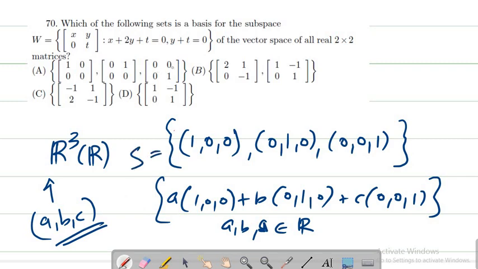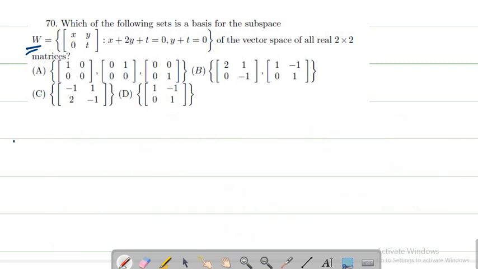So here we have a question in which we are given a vector space of matrices and we are given a subset of that set. In fact, a subspace is given to us. We are given that this particular W is a subspace and we are asked to find the basis of that particular subspace. So if you look at W, W is nothing but the set of all (x, y, 0, t), which has some properties. What are they?